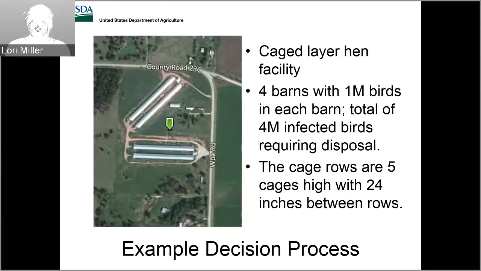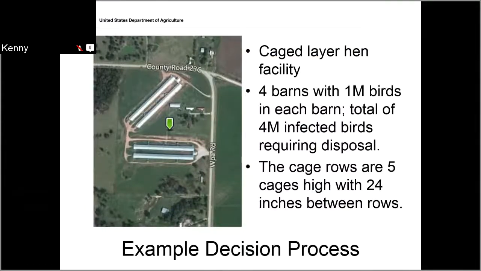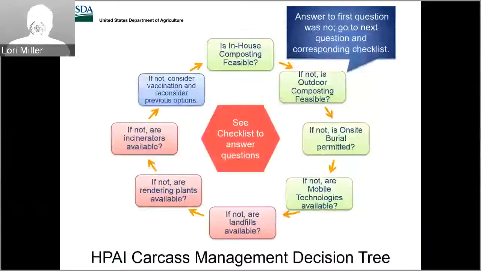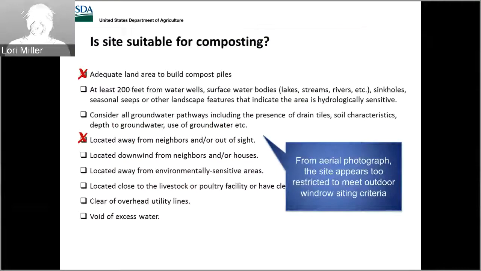As a point of reference, we had one farm in Iowa last year with 3.8 million birds. They composted all the birds, and that took 6.5 miles of compost windrows. So it takes a lot of space. So that's not going to work. We don't have room for